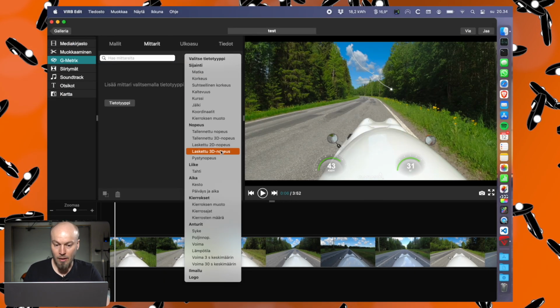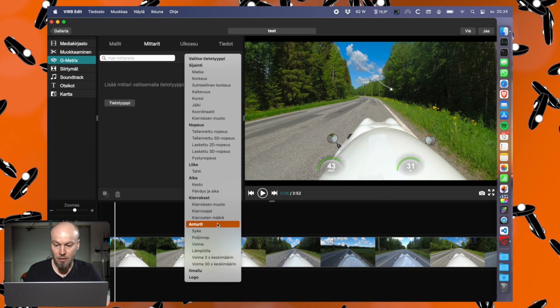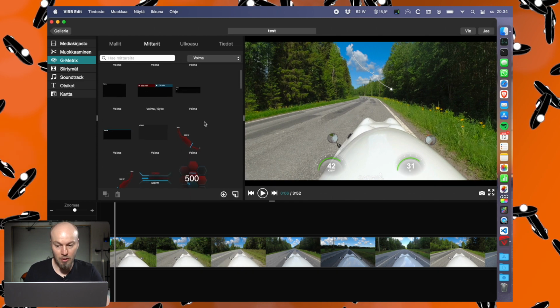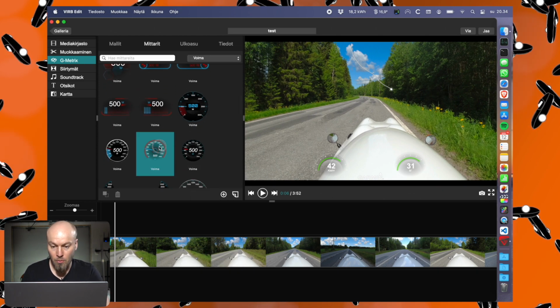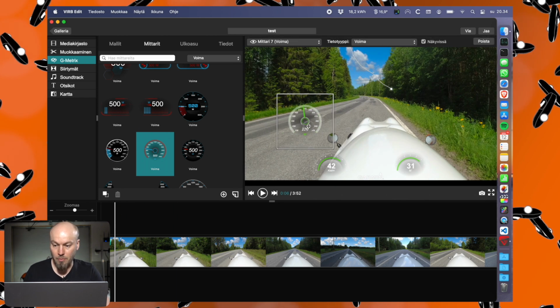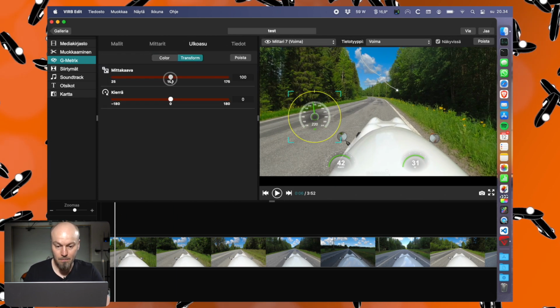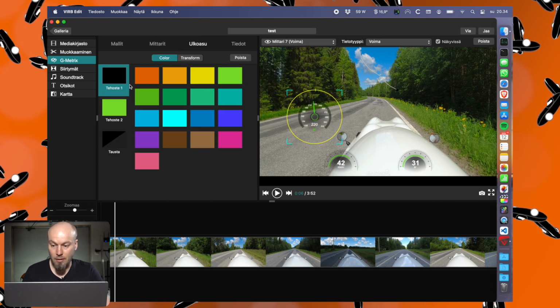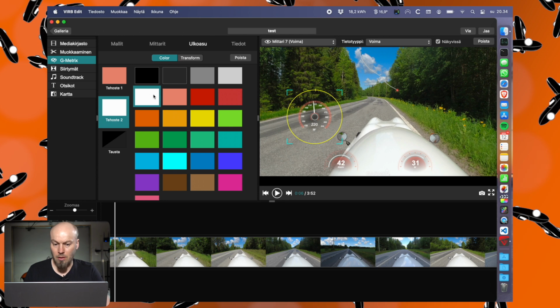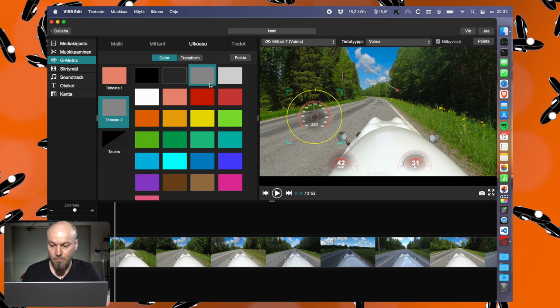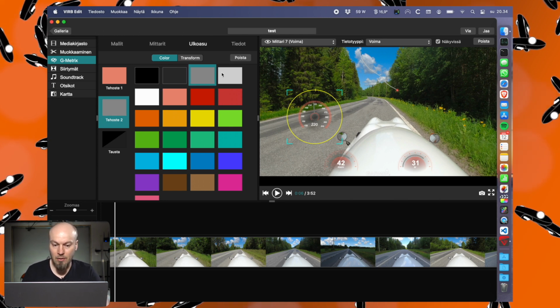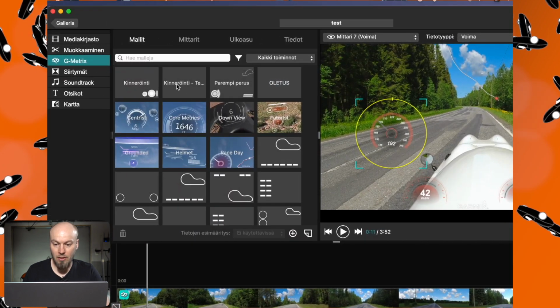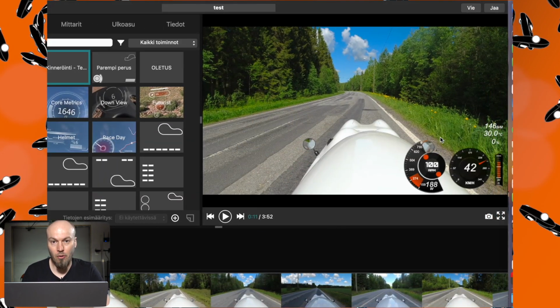Then you can start to customize the meters shown on the screen. For example, here we can find more meters based on what data you have recorded, like for example different kinds of power meters. When you have found what you like, then just drag and drop the meter on top of the video like this. Then you can adjust the size and rotation and change colors like this. The color selection seems to affect all meters on the screen. When you have found your settings, you can save it as a preset. For example, I've saved this preset here, which you have actually seen before on my videos.